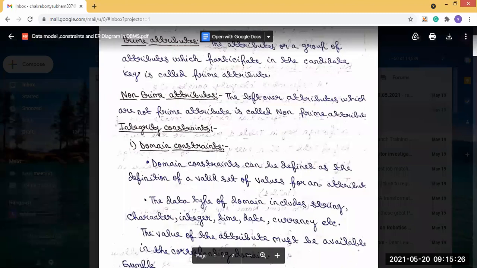It can be string, character, integer, date, currency, etc. And the value of the attribute must be available in the corresponding domain.